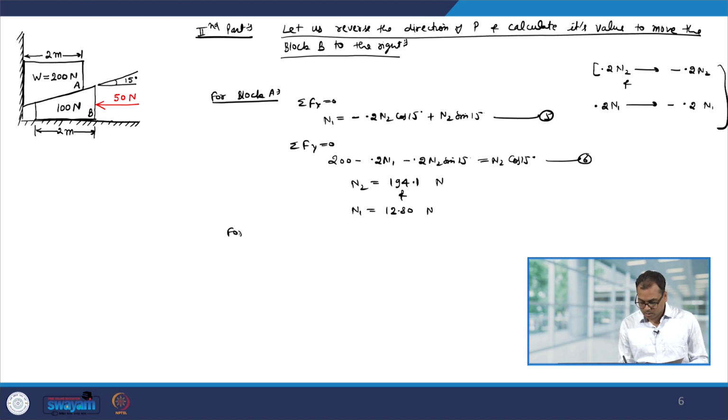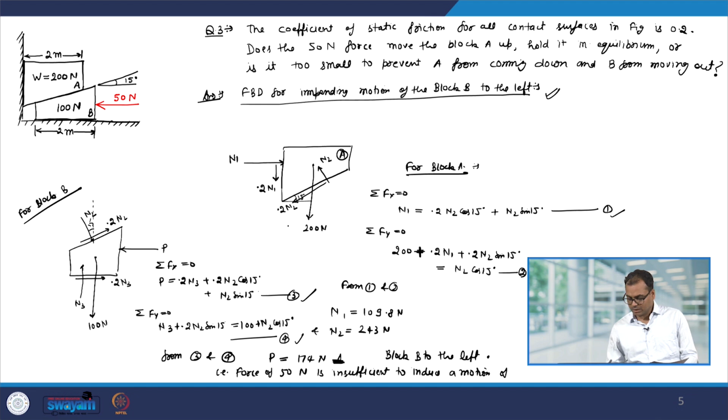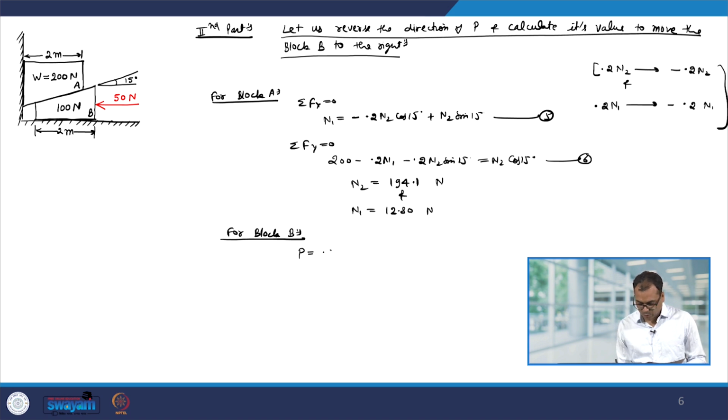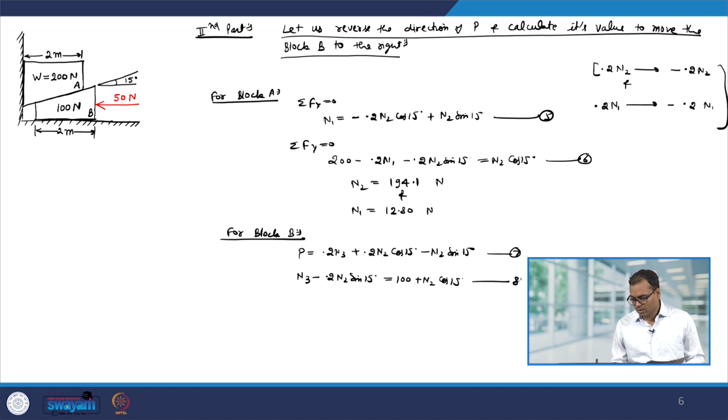So, for block B, again we can use equation number 3 and 4, and we can change the direction of the frictional forces. So, this will be P is equal to 0.2 N3 plus 0.2 N2 cos 15 minus N2 sin 15, let me call it equation number 7, and we have N3 minus 0.2 N2 sin 15 degree equal to 100 plus N2 cos 15 degree. Let us say this is equation number 8, and again from 7 and 8, as we have done in the last part, you can find out what is P,